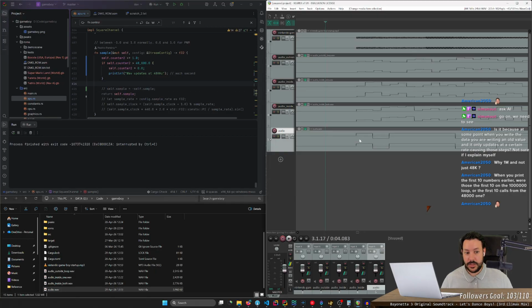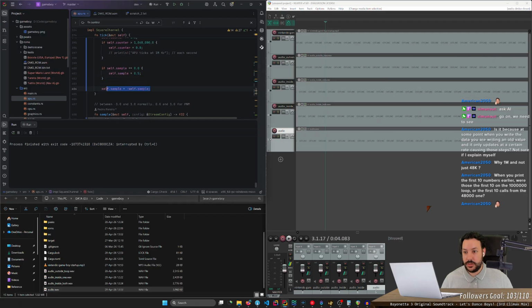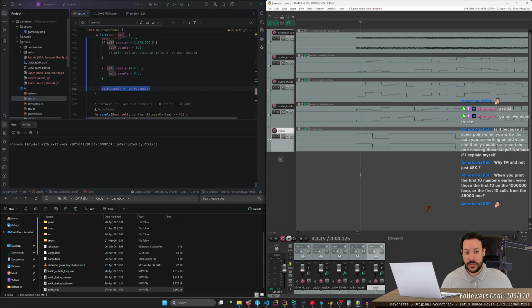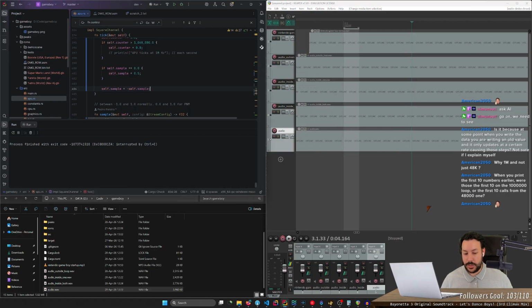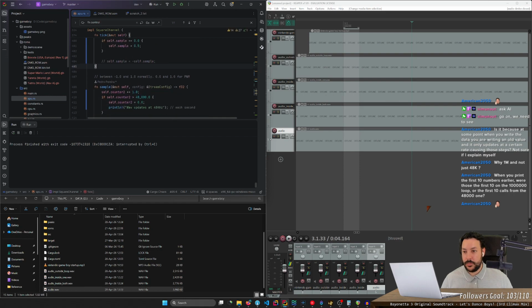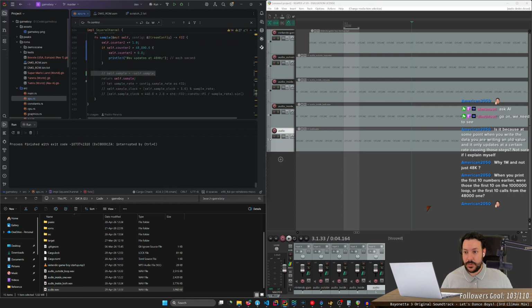But if I change the value here, which I'm doing, the value looks blocky, okay? And it changes 1 million times.